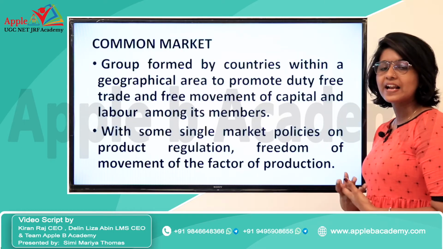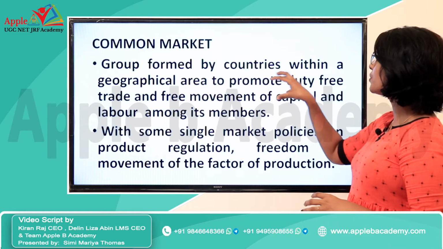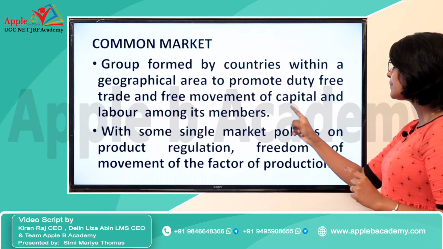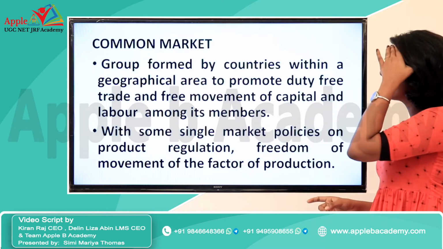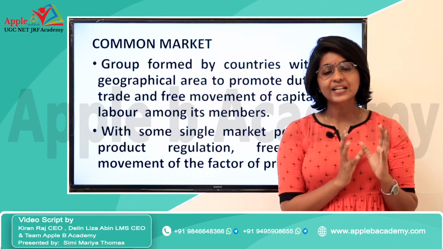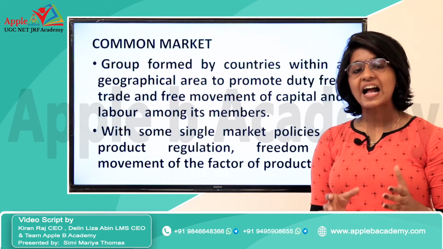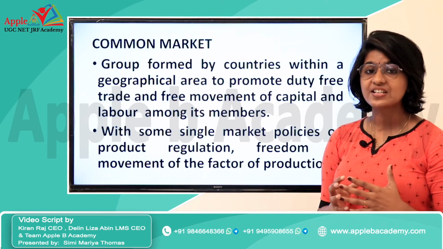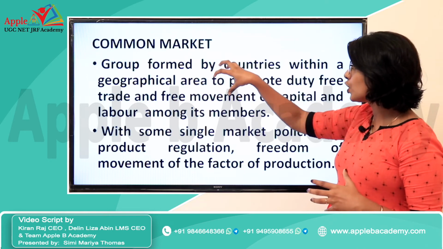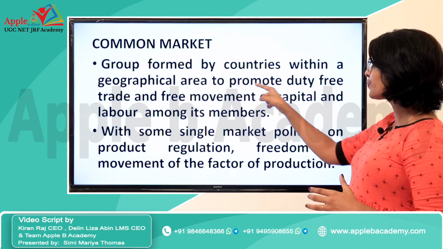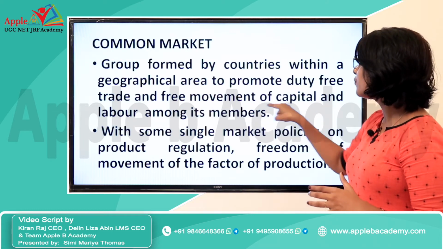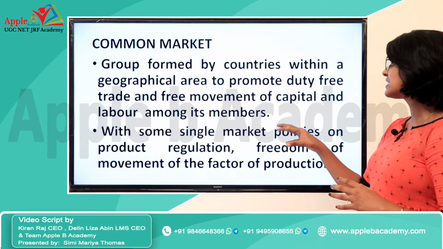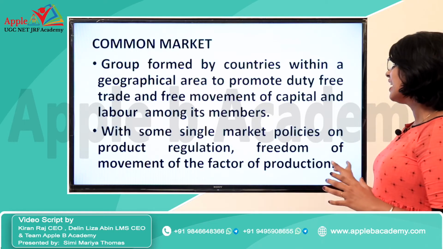Next we have the common market. So what is common market? It is a group formed by countries within a geographical area to promote duty-free trade and free movement of capital and labor among its members. How common market is different from the customs union is, in the customs union we have a free trade area and a common external tariff. Along with that, free mobility of goods and services is allowed in the common market. It is a group formed by countries within a geographical area to promote duty-free trade and free movement of capital and labor among its members, with some single market policies and product regulation,